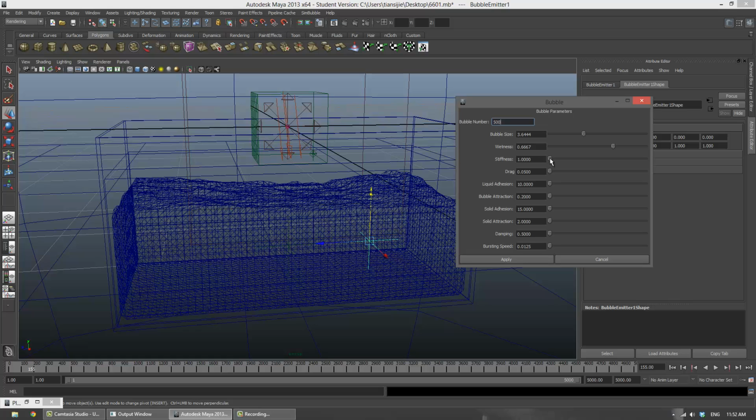The stiffness describes the strong interaction force between the bubbles, and then the drag force describes how the bubble will be dragged by the liquid, and then the liquid adhesion force describes how the bubble is going to stay at the liquid, and then the bubble attraction force is the weak interaction force between the bubbles. So it's basically the surface tension on the liquid, and then the solid adhesion force describes how the bubble will stay with the solid,